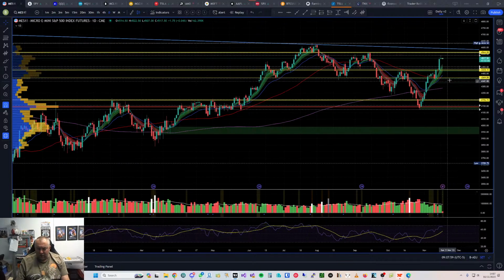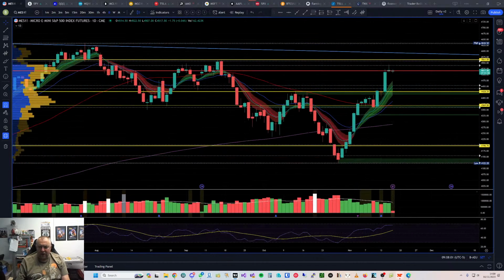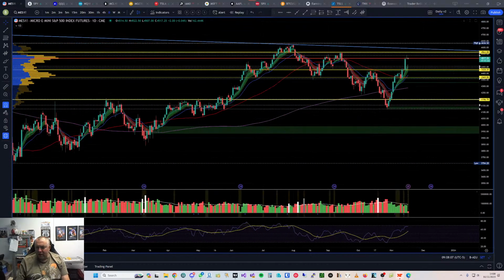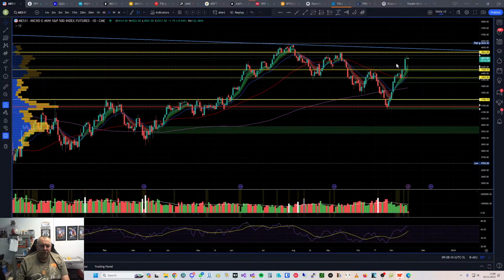Let's go back to MES because, as I said, I'm a bit disorganised, and that's only because I've been at my other shop and haven't had time to look at the market or get any levels in place, so I apologise for that. I'm playing by ear right now. Normally I spend about an hour or so looking at levels, and I've got a general idea. I write my plan down as well.